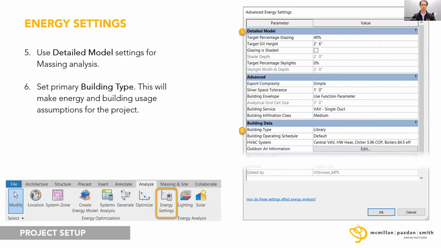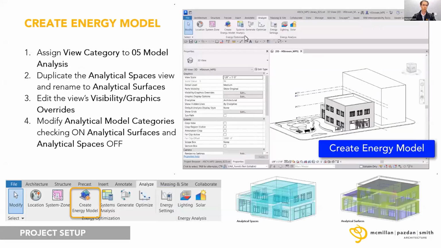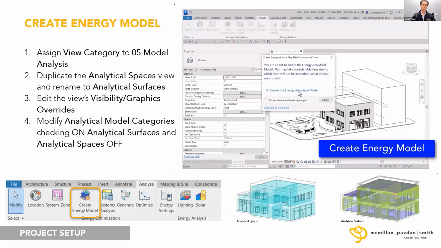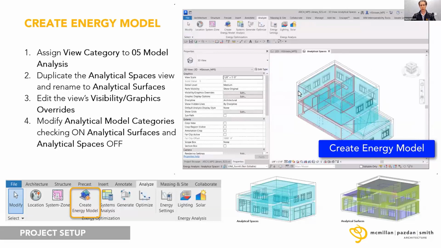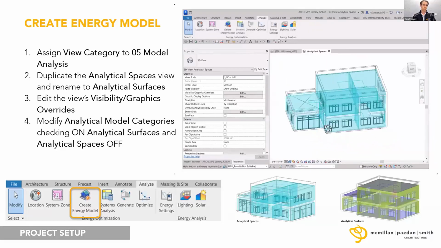With all of this, you can dive really into the details where you can have material properties set up for R value and U value. You can have your HVAC system set up as well, but all of that is not necessary in order to utilize and benefit from this tool either. So we'll want to then from there, once we get our energy settings set, we'll go ahead and click that